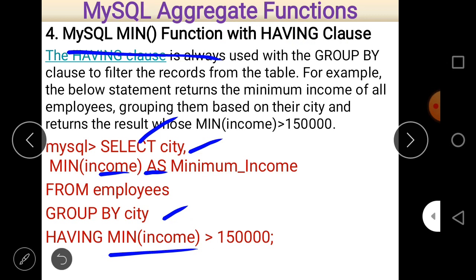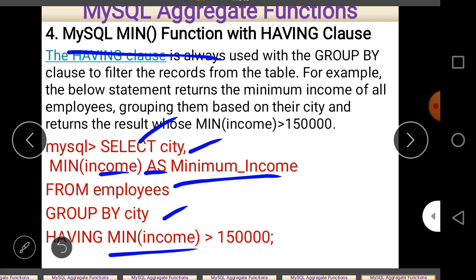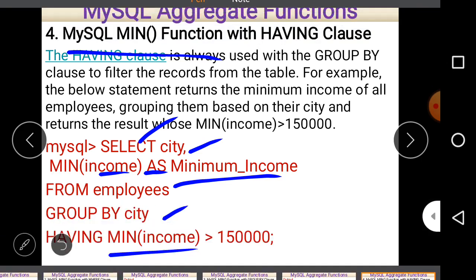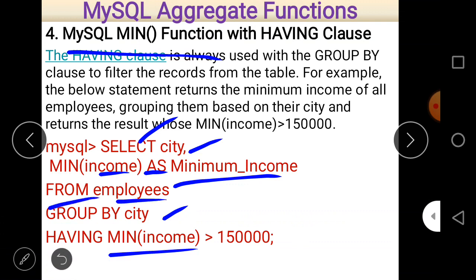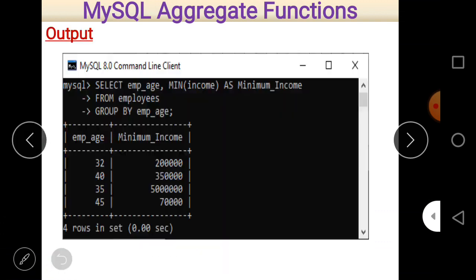As you can see here, AS is a keyword, and after that there is a name which provides an alternative name for the column, minimum income. Then after the table name, FROM is a keyword, and then the table name employees, and then GROUP BY city. So we make a group on the basis of the column city. First of all, let us check the